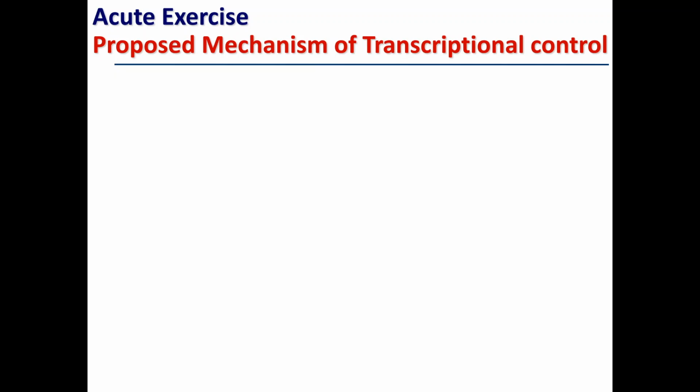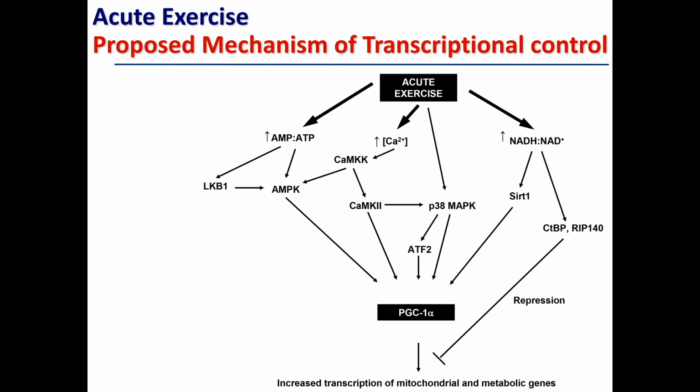And one of the reasons for that is because the body is very smart, the muscle is very smart. When you ask it to do some type of exercise today that it is not used to or not accustomed to, it won't be able to perform it very well, but it will try to adapt. There will be certain limiting factors within the muscle that won't have allowed it to do what you wanted it to do, or as well as you wanted it to do. And it will try and source those and start to make the components required so that the next time you ask it to do the same thing, it can perform it better.